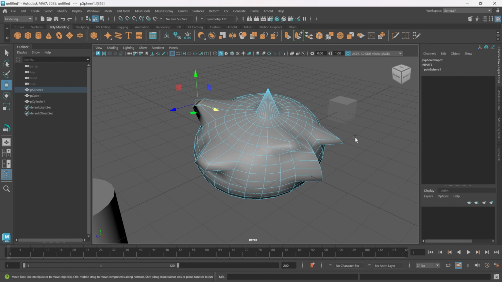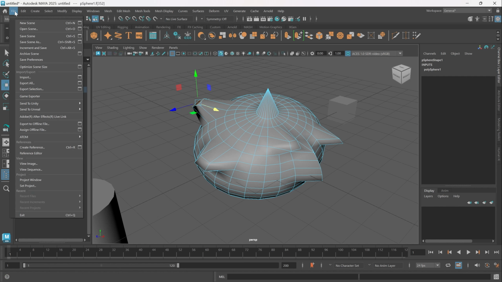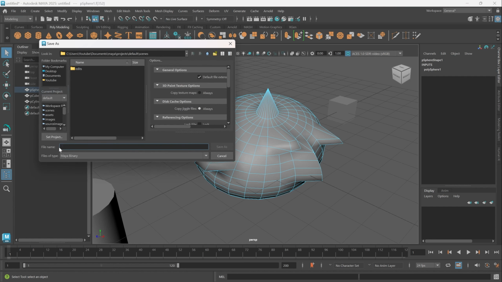We need to save our work by going to File, Save Scene As. Type the file name